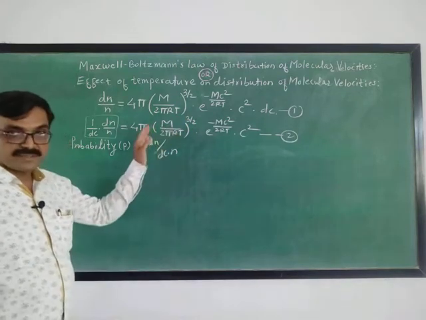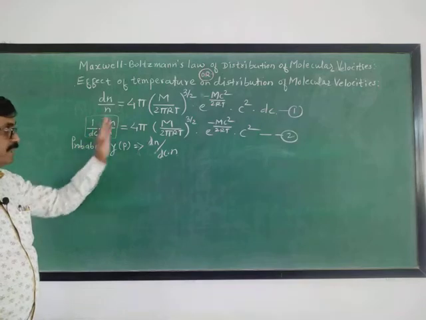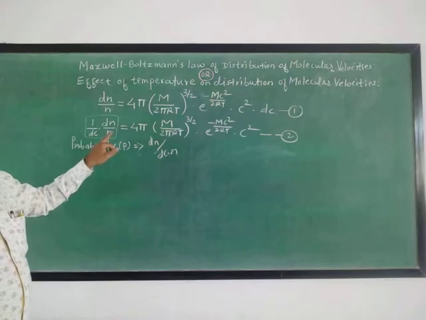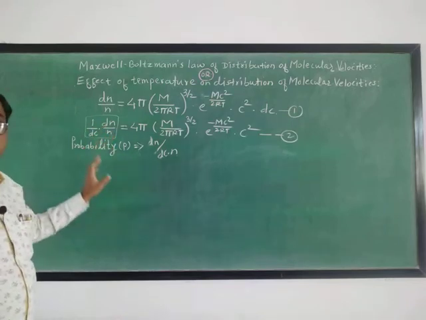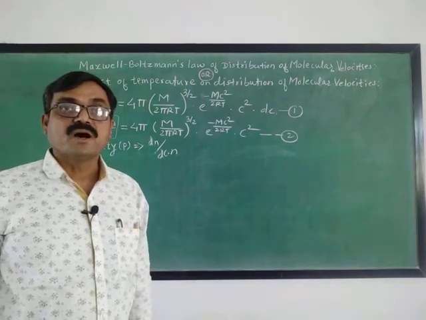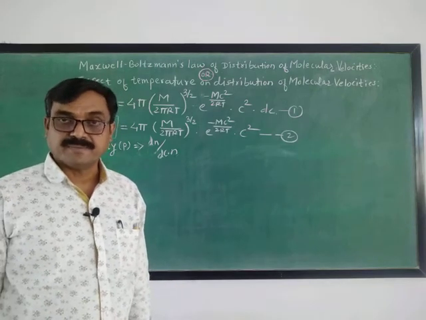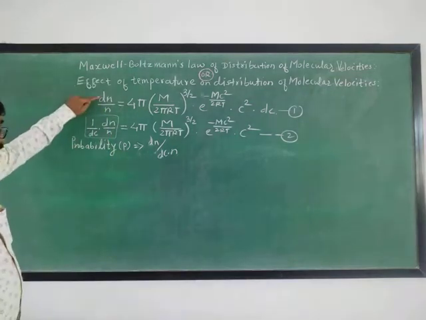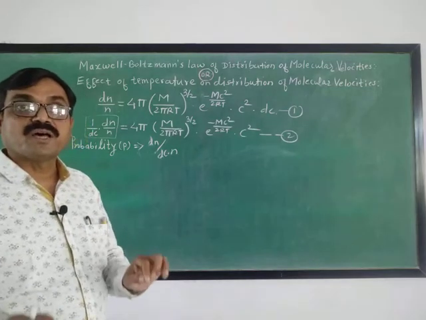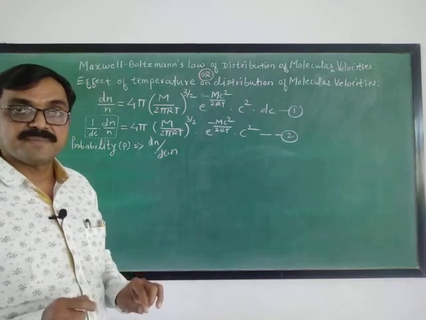Now in order to rearrange this, if this dc comes to the left hand side, it will be at the denominator. The remaining equation remains as it is, equation 2. This factor 1 upon dc into dN upon n is called a probability. This is the probability of finding the particles with velocity c, and this fraction dN upon n, what is this? This is the fraction of total number of molecules having velocity between c to c plus dc.